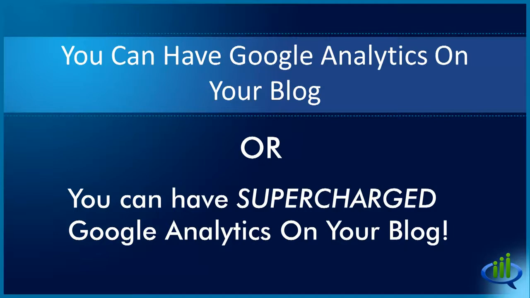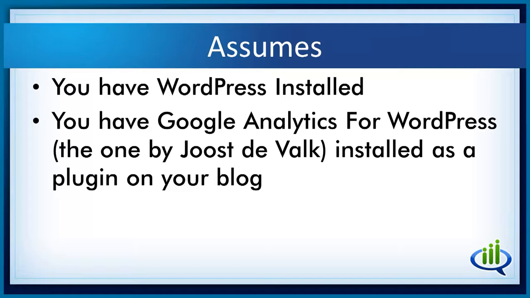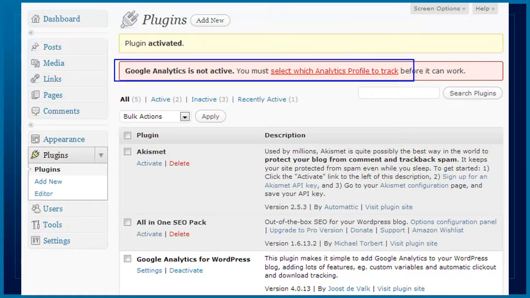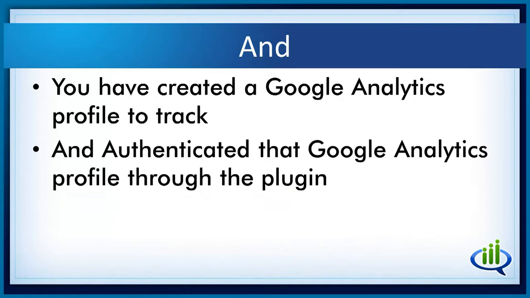This particular video assumes that you have WordPress installed, that you've installed the Google Analytics for WordPress plugin, the one by Yoast, and sorry, I probably massacred your name, on your blog. Then after you've done that, it gives you this little line that says Google Analytics is not active. You must select which profile you want to use. And so you've gone through that process of creating a Google Analytics profile to track,